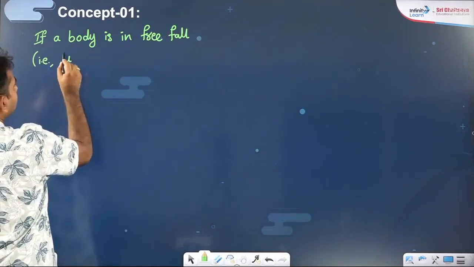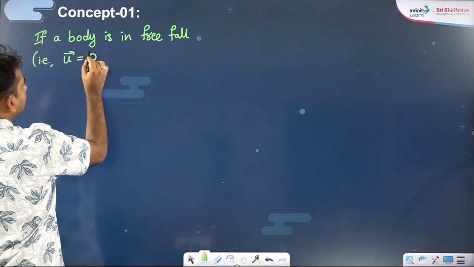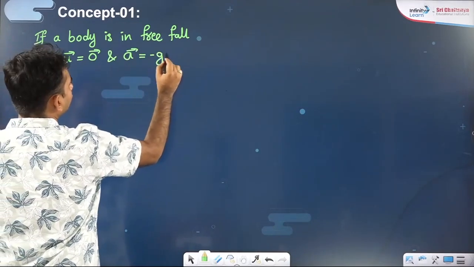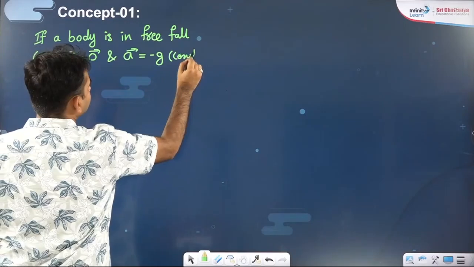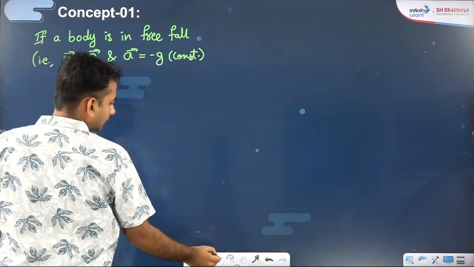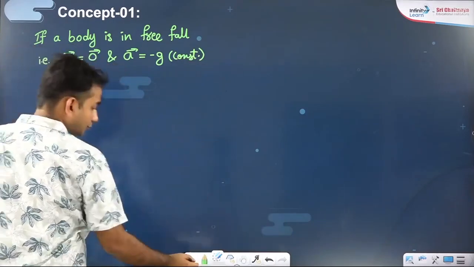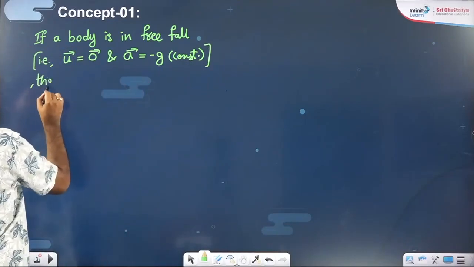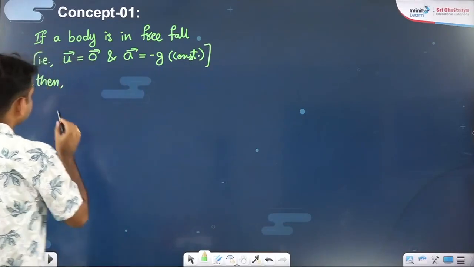We will say initial velocity is going to be 0 and acceleration is going to be minus g. Don't forget, it's going to be a constant. If this is the situation given for us, then the first formula which Galileo gave is